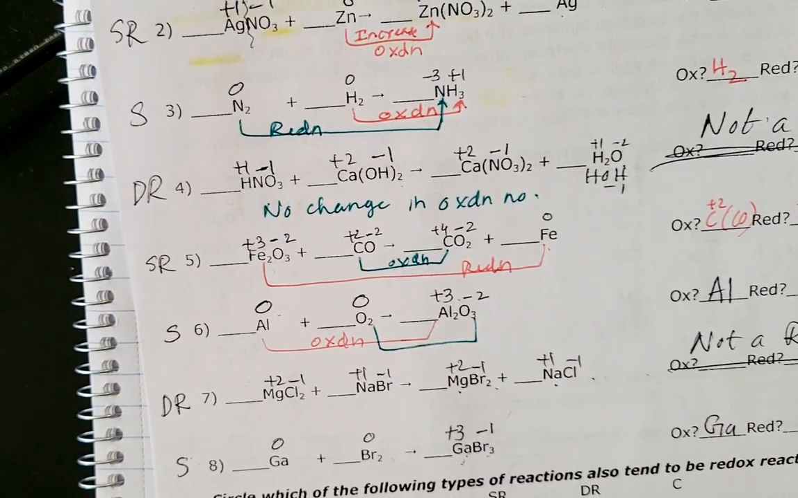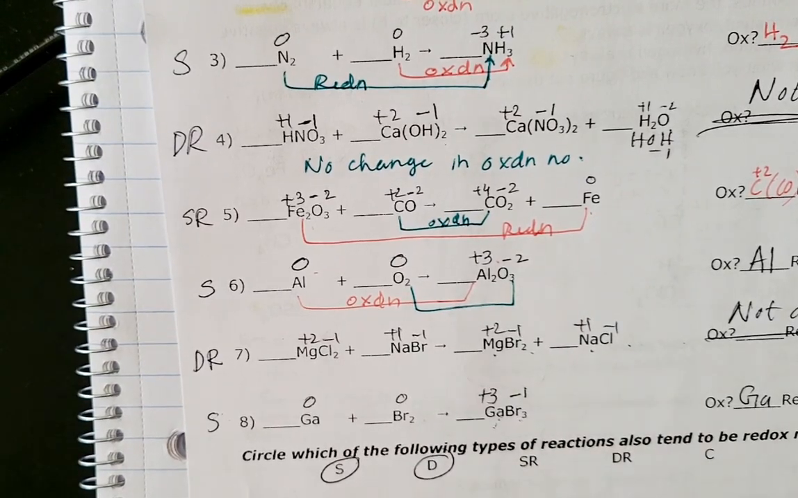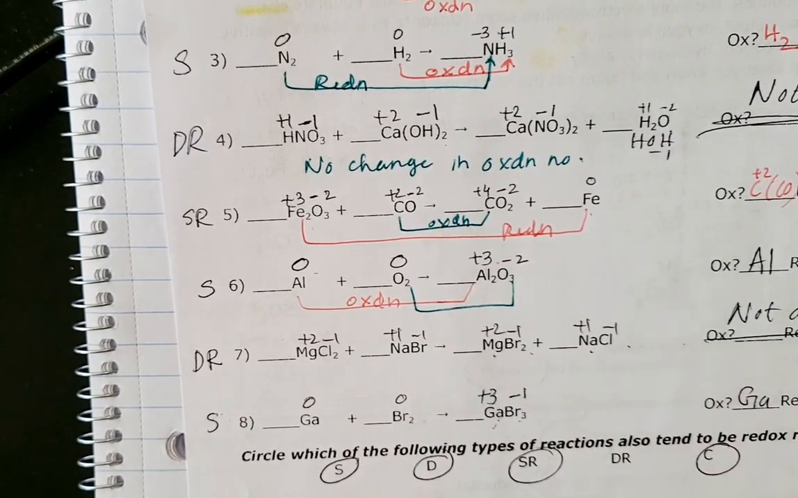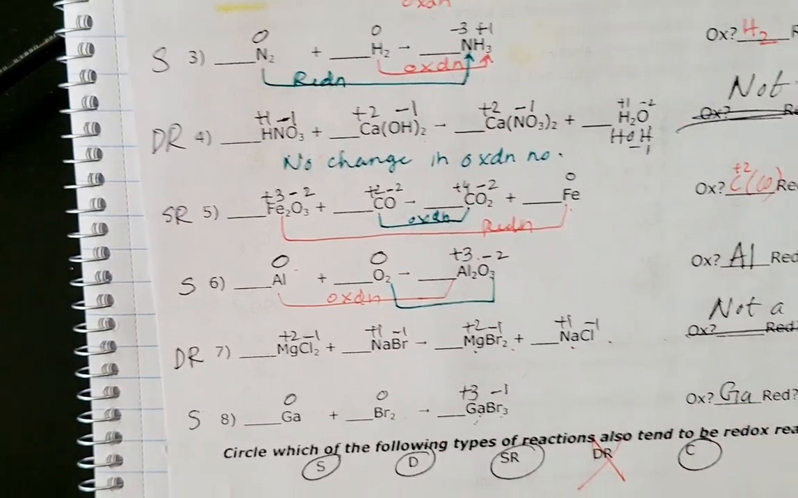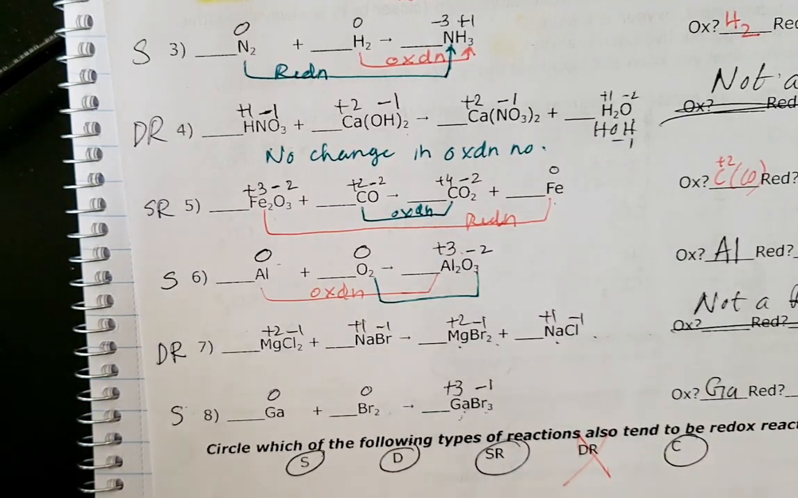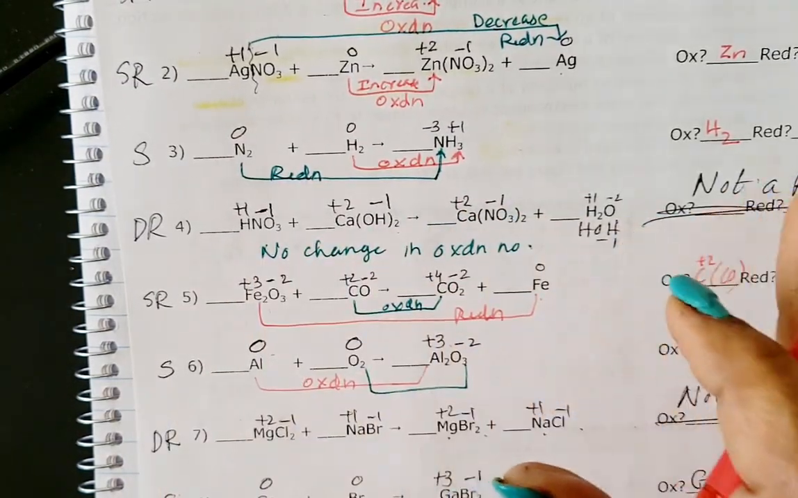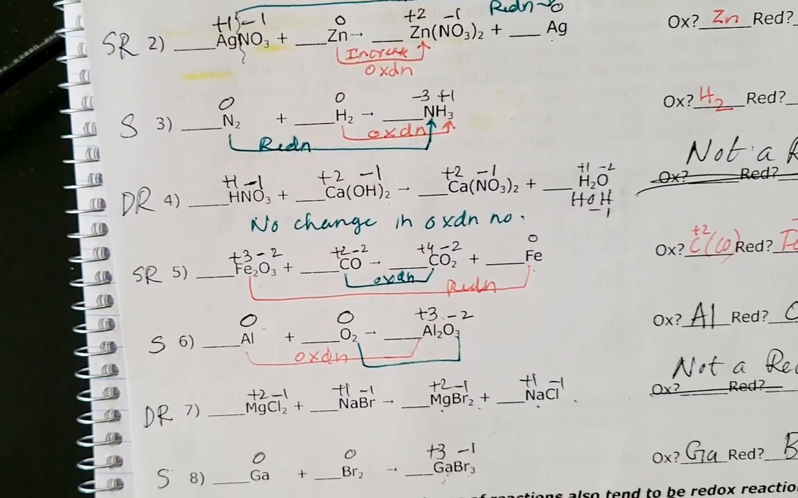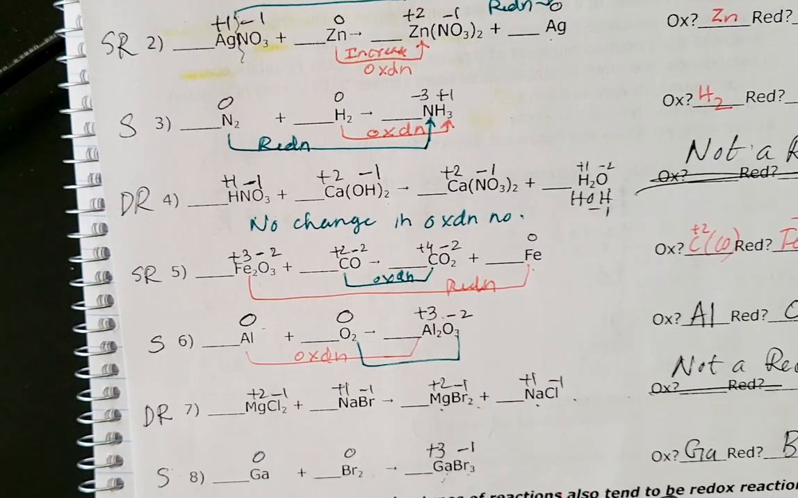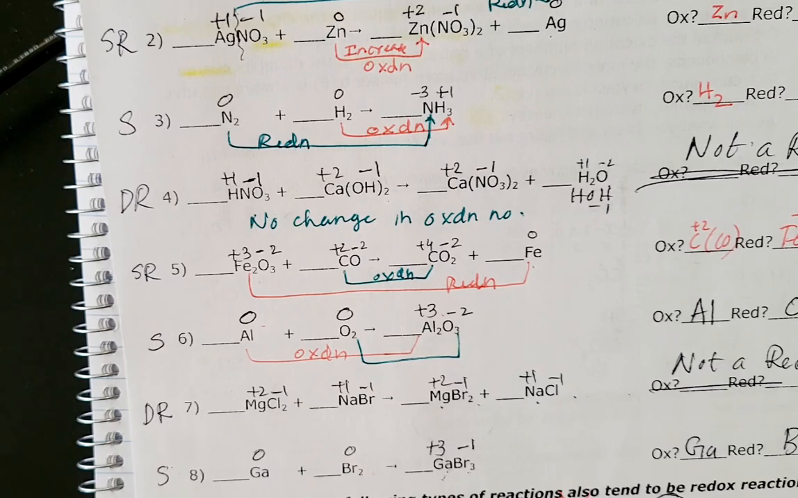Double replacement will never be redox. So circle the following types of reaction that always tend to be a redox. Double replacement is only interchanging the ions. There won't be any losing or gaining or transfer of electrons there. If you see a double replacement, you don't need to do all these things. You can just say it is not a redox reaction. Question? Any other question? Okay, so